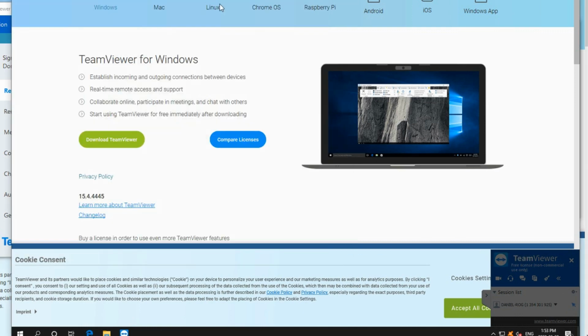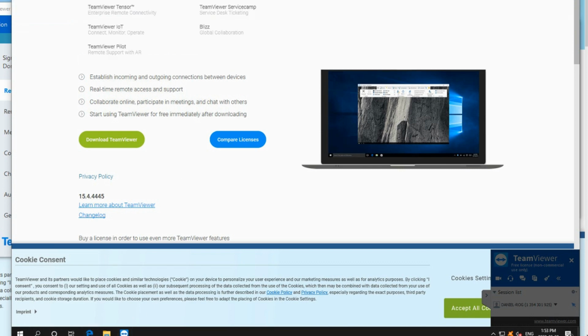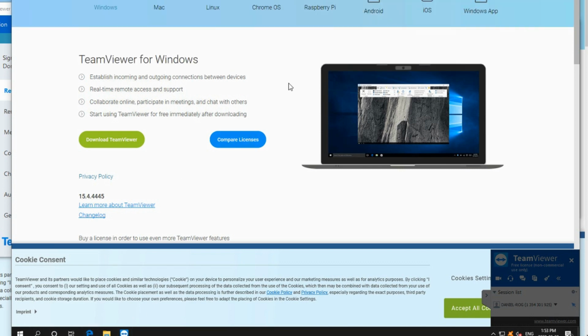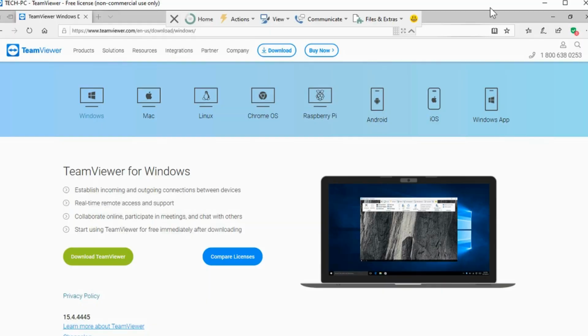And so we can now control this computer and do all kinds of different things. The most important thing is just running any programs that you want to run. But you can see you've got the start button, and you would have access to your web browser and everything that you would have as though you were sitting right in front of that computer. There's nothing any different. If you want to close out of here, you just hit the X in the top right corner and close out of that.